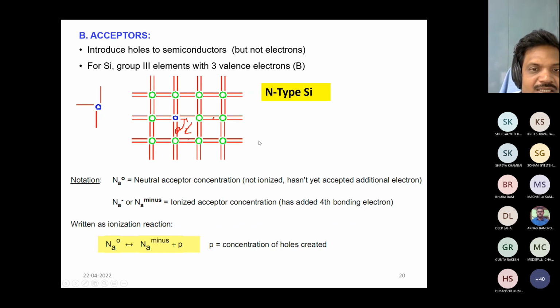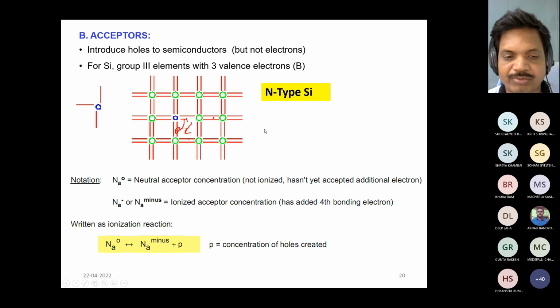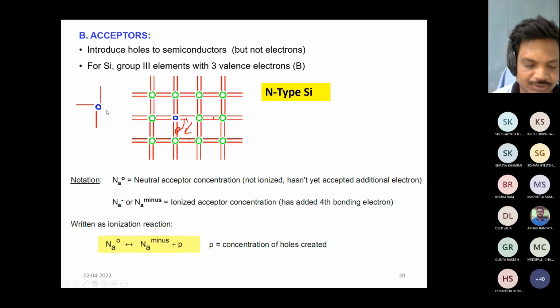And here, as you can see, each atom provides one hole, that is one vacant state. So accordingly, the acceptor type atoms provide more holes as compared to electrons, and whenever it accepts an electron,